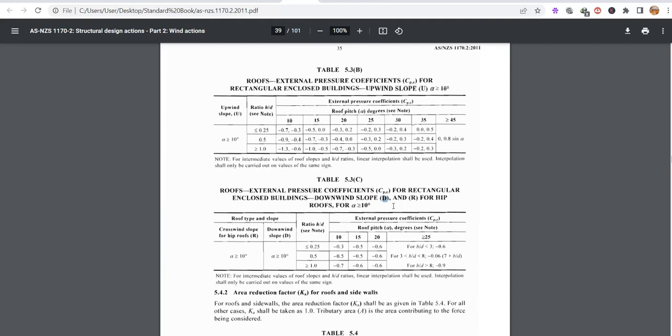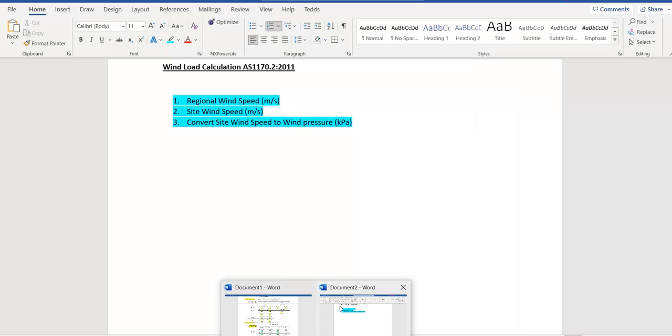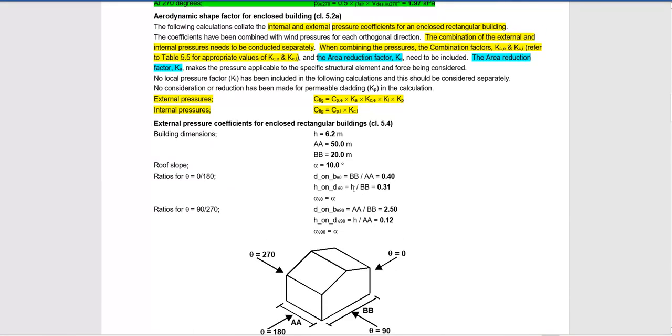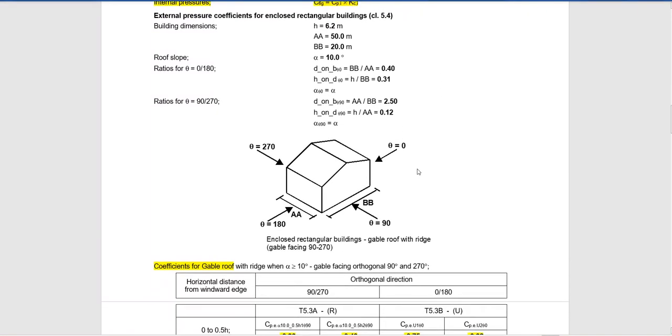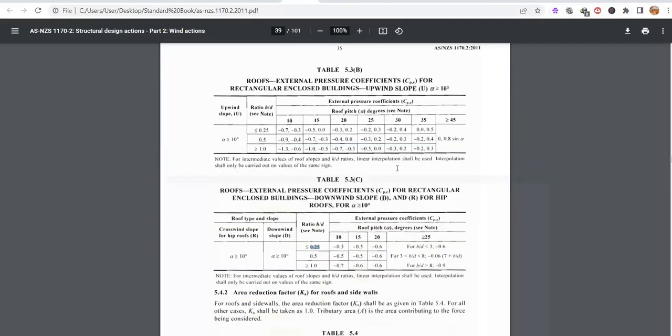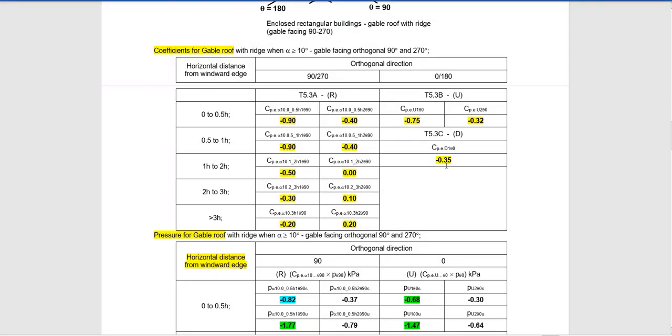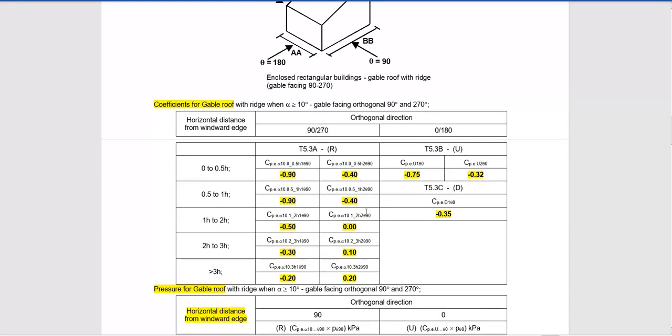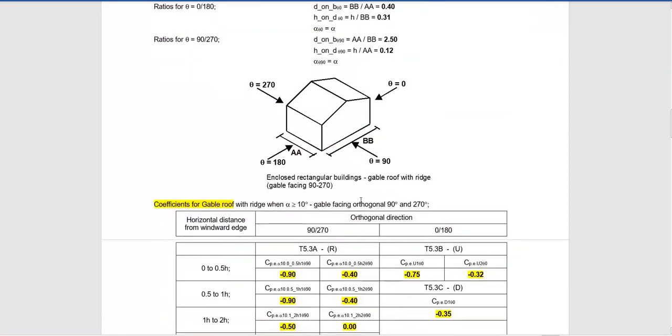For the downwind, that's for D, roof slope at 10 degrees, H on D, which is between, remember my ratio, is between 0.25 and this is my ratio 0.21. So what I've got, this value is just interpolating between 0.3 and -0.5, which I got from here, negative 0.35. So after I've gotten all the Cpe values, the next thing is to plug those values back into the formula,